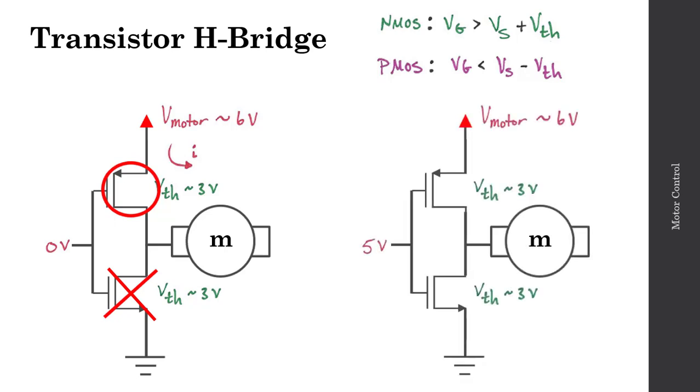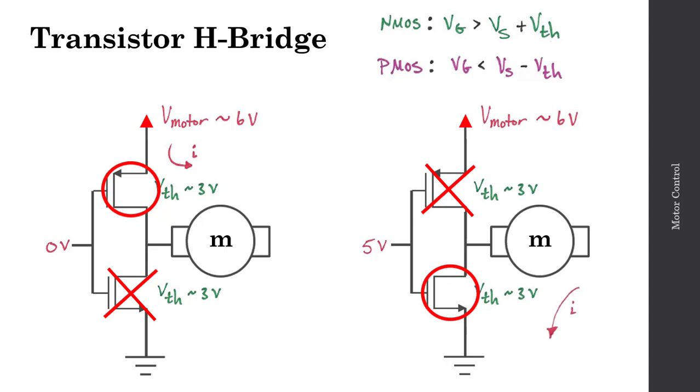Let's now apply 5 volts to this half-bridge circuit using something like our Arduino. In this case, the 5 volts applied to the gate of the PMOS transistor is not going to be less than the 6 volt source minus the 3 volt threshold, and thus this PMOS transistor is now in the off state. The NMOS transistor, however, that gate voltage of 5 volts is now greater than the source volts, in this case ground, plus the 3 volt threshold. So this NMOS transistor is now in the on state,